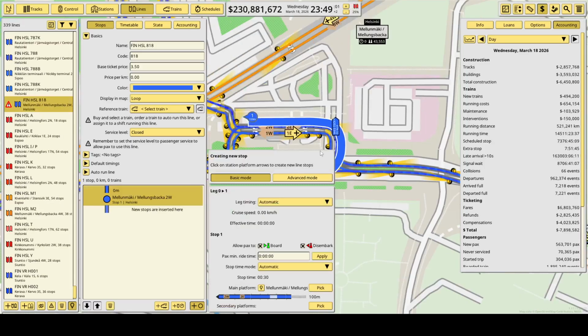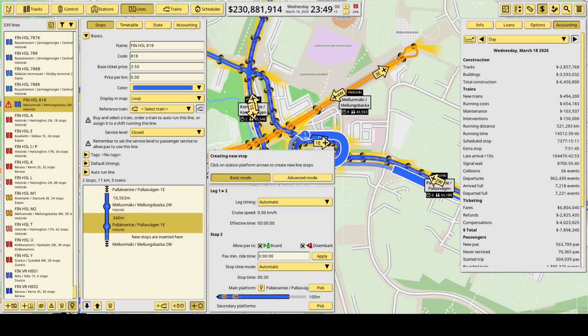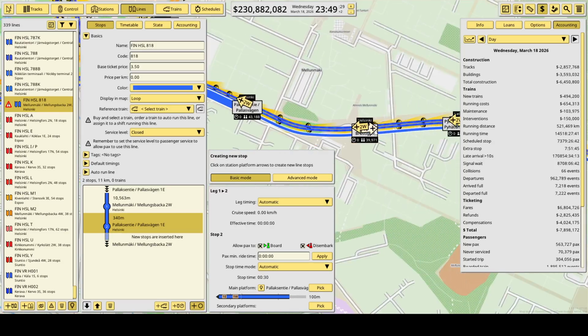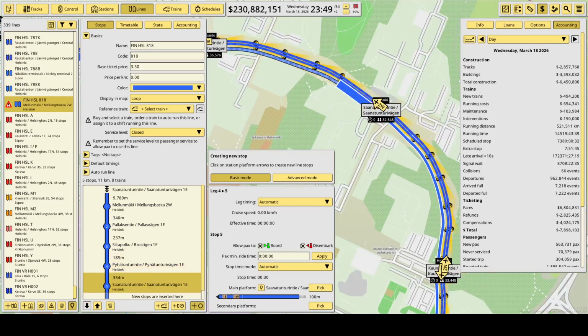So we start from the Mellunmäki metro station, and then we stop at the Pallaksentie. Oops, I have it wrong on the map I am using here, so let's change direction. Okay, the HSL app just crashed. Yeah, there we go. So after Pallaksentie, we're gonna stop at Siltapolku, at Pyhätunturintie, obviously at Sanatunturintie, then at Kaunispääntie,